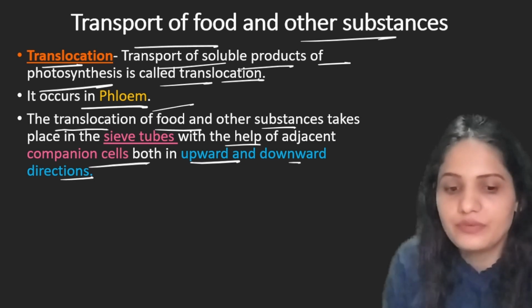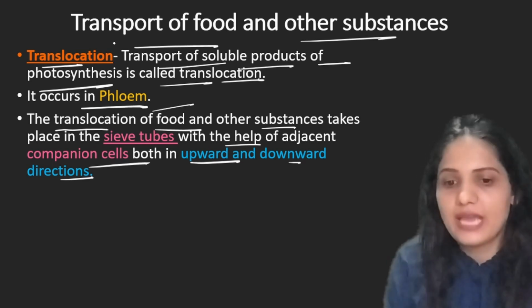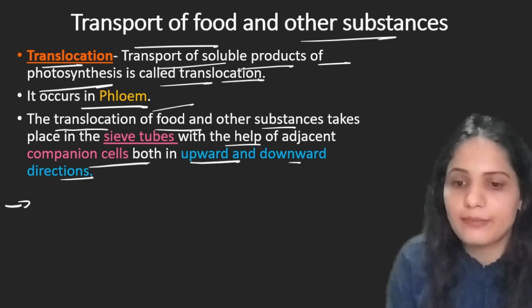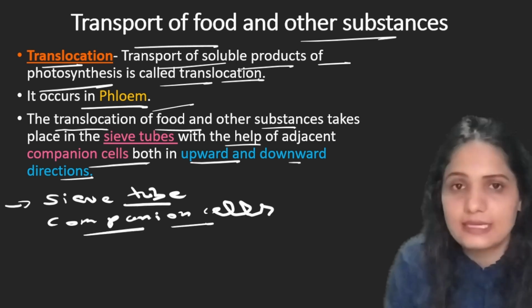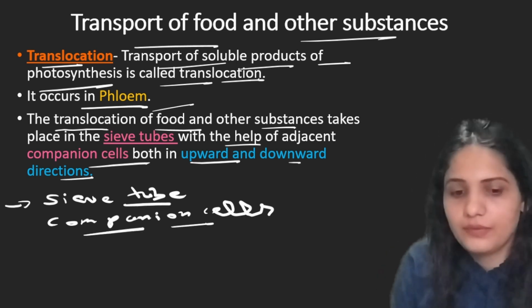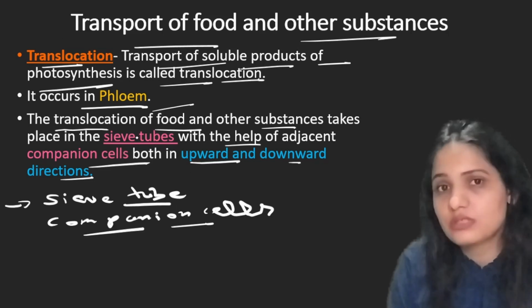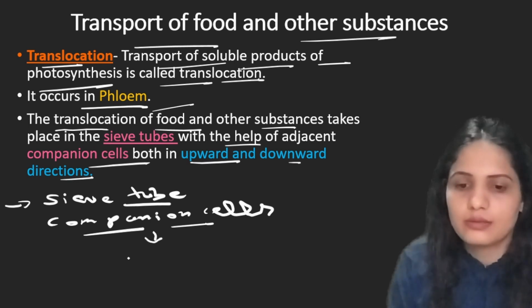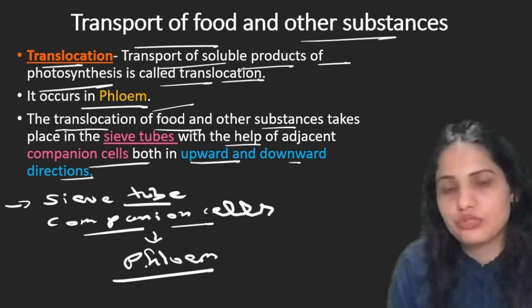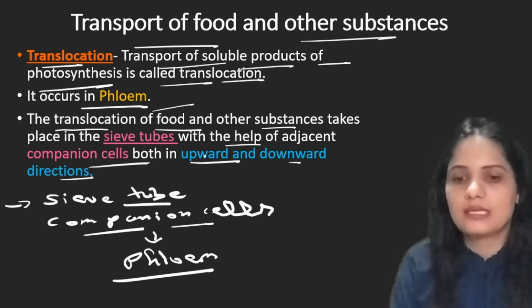As in case of xylem, we had tracheids and vessels, but in case of phloem, we have sieve tubes and companion cells. These two structures help in the translocation of food. Sieve tubes and companion cells make up phloem, and this is responsible for translocation. The translocation of food and other substances takes place in the sieve tube with the help